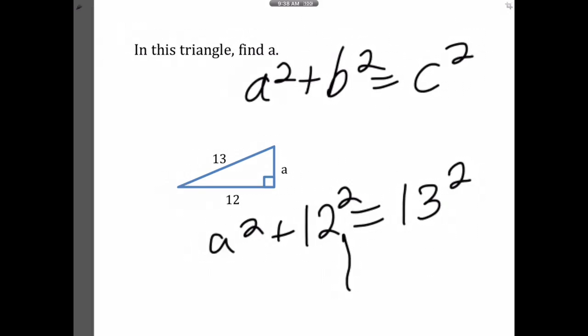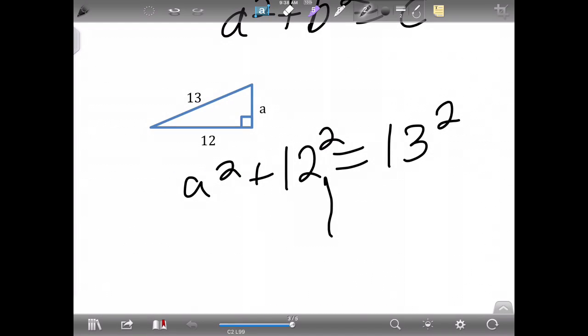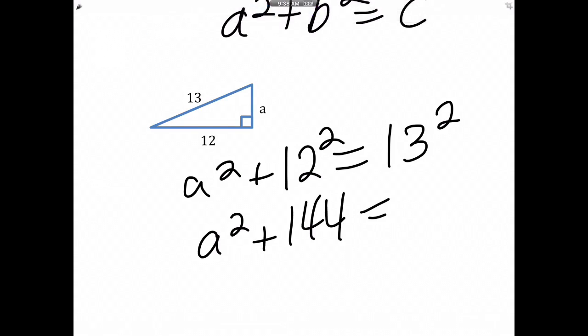I do the same thing as if you were actually in my classroom. So a squared plus 144 equals 169. Of course, to balance the equation, we have to subtract 144 from both sides,